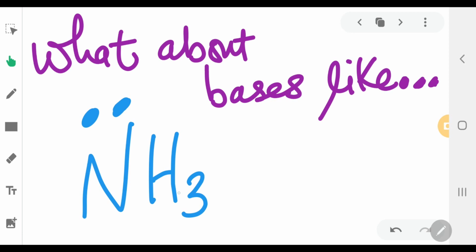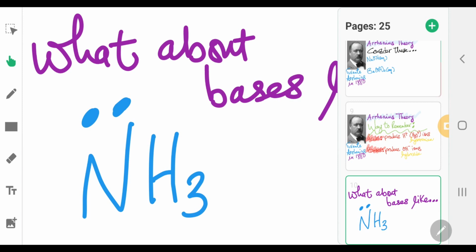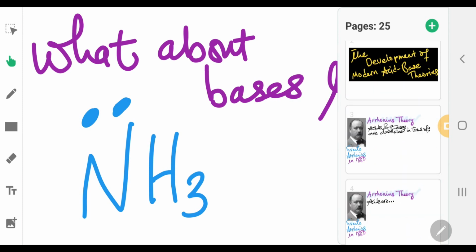What about bases like NH3 here? NH3 is a very well-known base, but if you take Arrhenius theory, all of the explanation that we have learned just now, NH3 does not fit in the definition. So what about bases like this? This is the reason why we have the development from Arrhenius. If you still remember, if we're going to go back to the page over here,